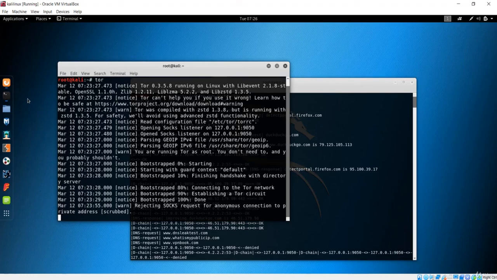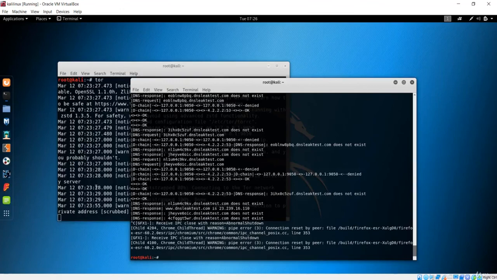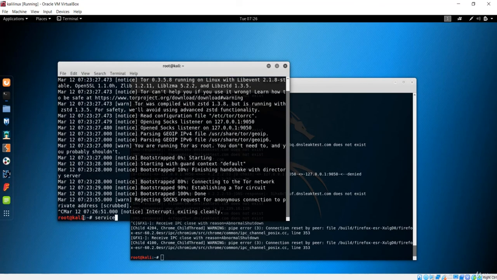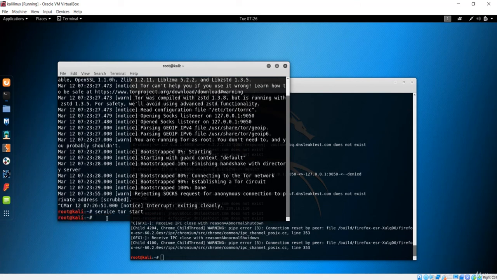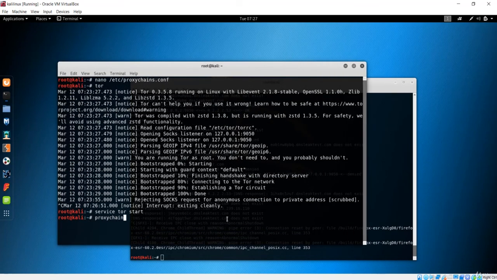So next thing what you can do is, let me just remove this again, and let me close this out, and also close this store, and now let me run this service again with the start command. And now let me do something like opening nmap with this proxy chain. I've already said before that this proxy chain is going to give you anonymity in any of the applications that work with this system. It is not going to give us anonymity only with Firefox. It is going to give us anonymity with any application that is inside this Kali Linux.